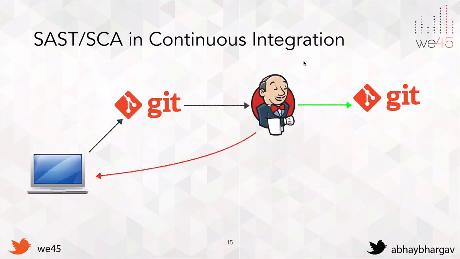If the tool finds security issues, then that would be written back to the Git report to say that, hey, these are the issues we found, please fix it before you commit that code to the Git repository again. So the developer goes in. So this is a very fast process. As you can see, the developer gets almost immediate feedback on the code that they've written, on the libraries that they have.